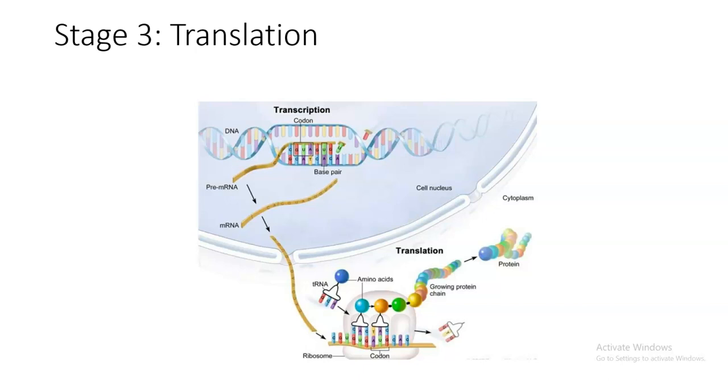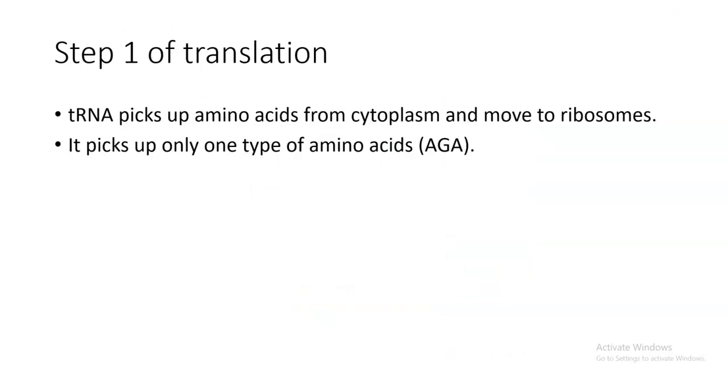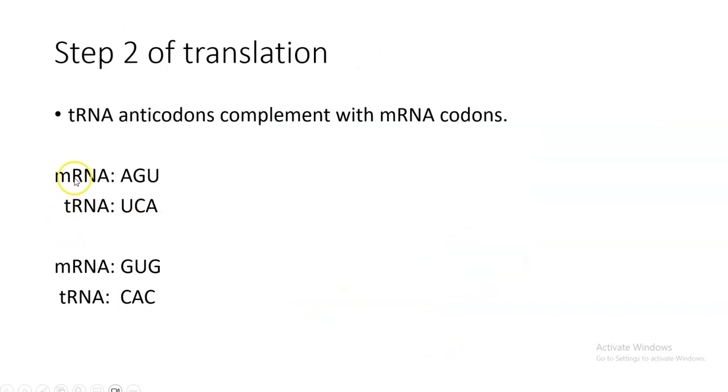So the codons we made during transcription, now they'll be laying there, and then the tRNA will come with its anticodon. And guys, always be aware, they must match. If you're having a messenger RNA, for example, let's say this is my messenger RNA, it's AGU, it must complement with my tRNA. If I'm coming with tRNA of UAC, it must complement with my